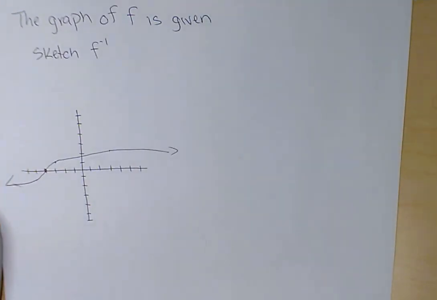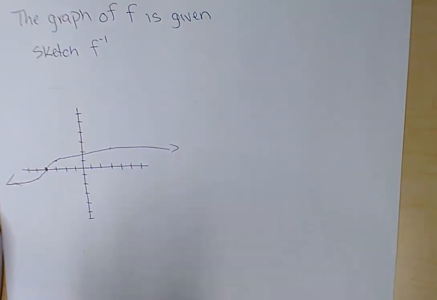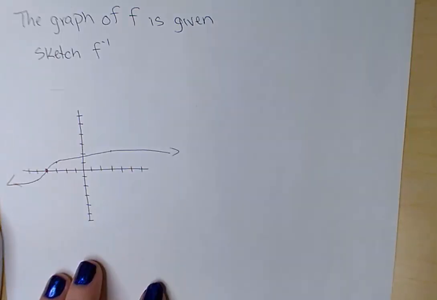So we are given the graph of f of x pictured right here, and we are asked to sketch f inverse. All right, so you're given a function, you want to graph its inverse is what we're doing here. Now, when you're given a visual graph, the first thing that you want to do in order to graph